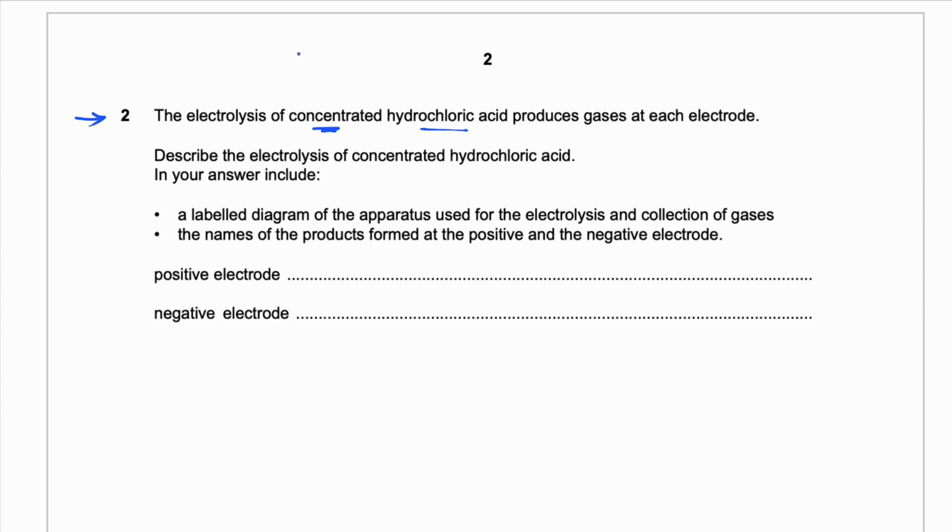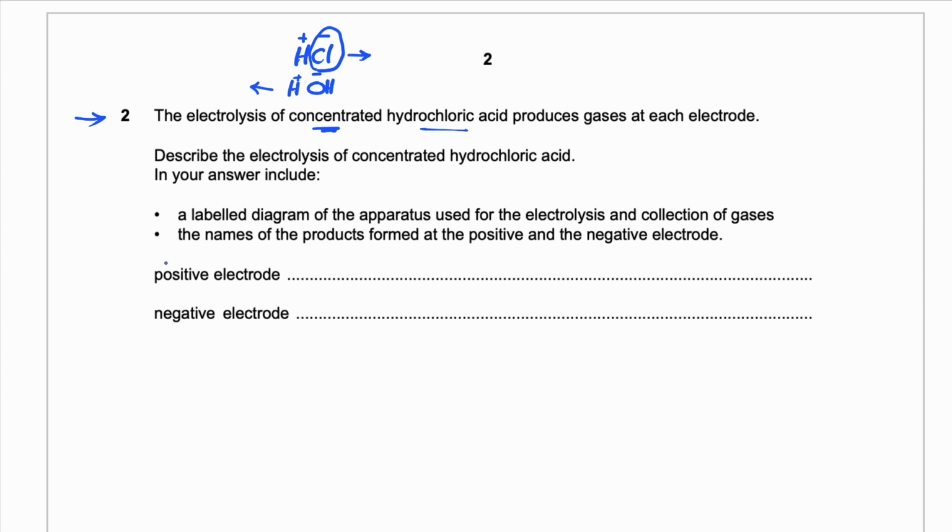The electrolysis of concentrated hydrochloric acid produces gases at each electrode. So hydrochloric acid is HCl, hydrogen and chloride, and it's concentrated. It means there is the presence of hydrogen ions and hydroxide ions from water, but the overall solution is concentrated. So as you may remember, if the solution is concentrated, then the halogen is going to discharge. So the chloride ion is going to discharge at the anode, while the hydrogen ion is going to discharge at the